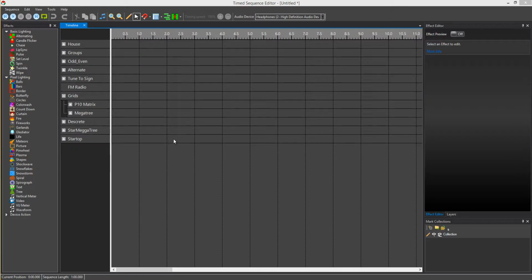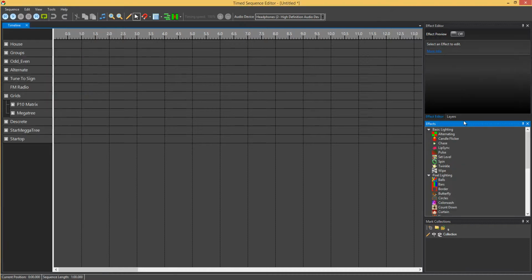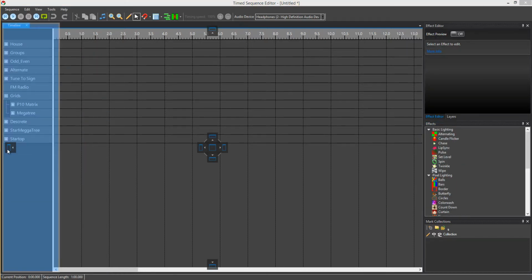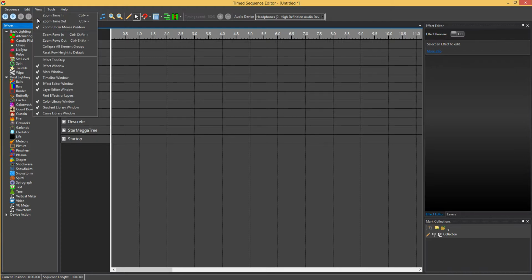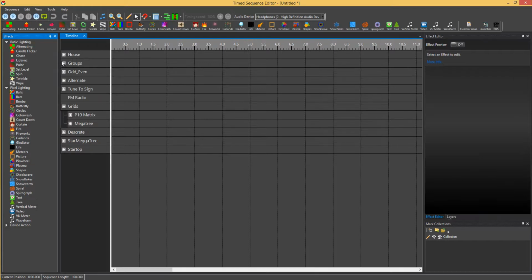This video is just to show you the new Effects Toolbar that we've added to Vixen 3.5 Update 2. Now currently, as you know, you've got your list of effects all down here. You can obviously minimise each of them if you don't use them. You can also turn that into a docking anywhere. I usually keep that over to the left there so I can see the whole list and just drag them straight across. The new toolbar, Effects Toolbar, if you go up to View, Effects Tool Strip, click on that, and